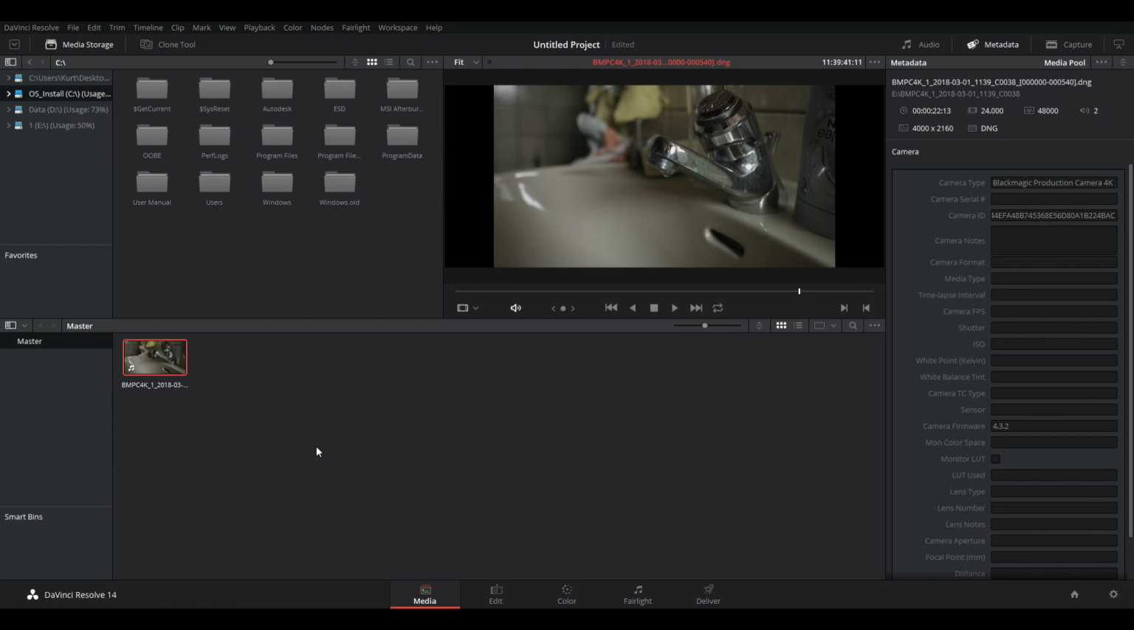Today I want to show you how you can get the most out of your Blackmagic Production Camera 4K. All you need for this is DaVinci Resolve and of course some Production Camera 4K footage shot in Cinema DNG RAW. So as you can see, I'm already in DaVinci Resolve and I already imported a clip into my media